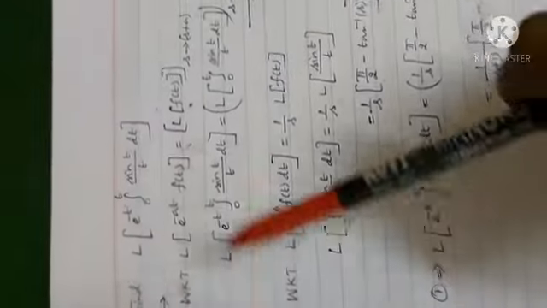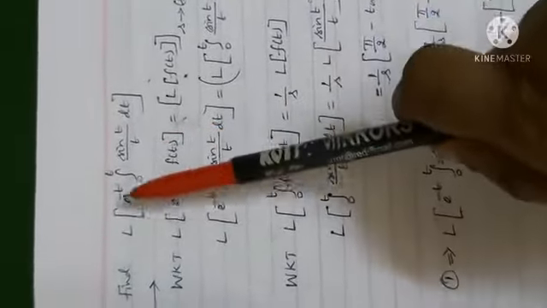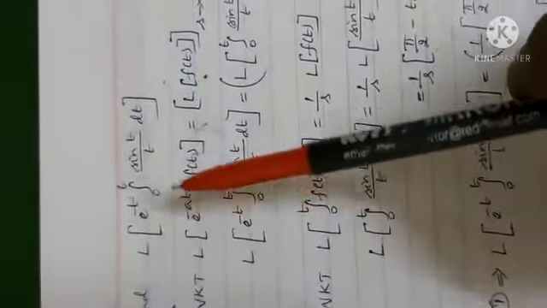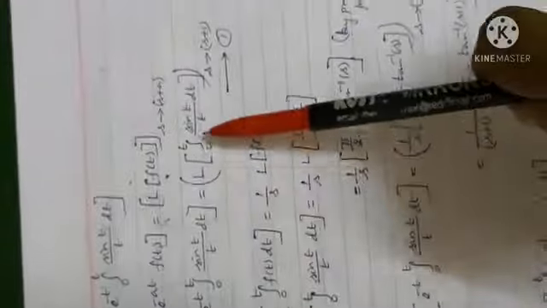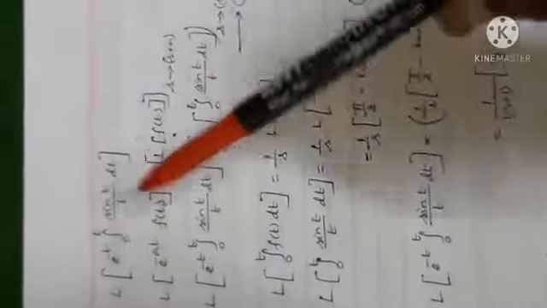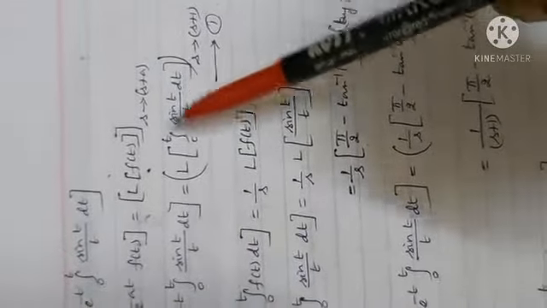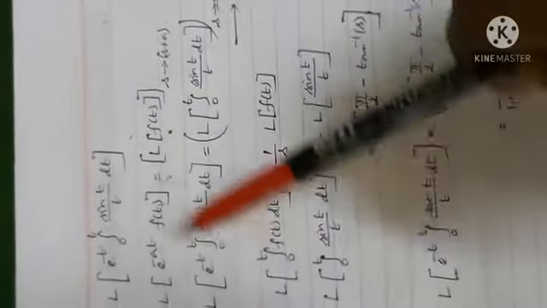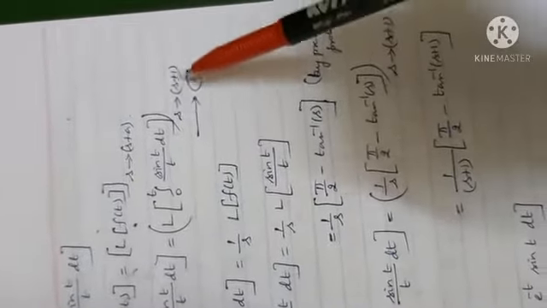Let us see the second problem. Find L of e power minus t into the integral. It is not simply L of integral 0 to t. It is L of e power minus at into f of t, so first shifting property. Here it is L of e power minus t into f of t, where this integration is our f of t now. The f of t changes; the entire integration is our f of t. In place of a we have 1, so s tends to s plus 1. Mark it as the first equation.